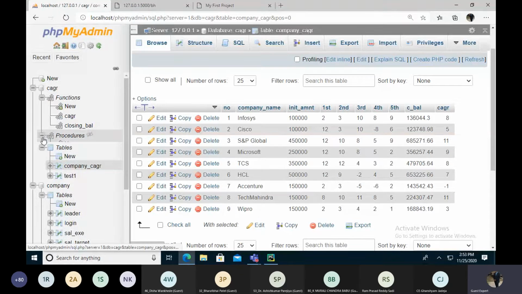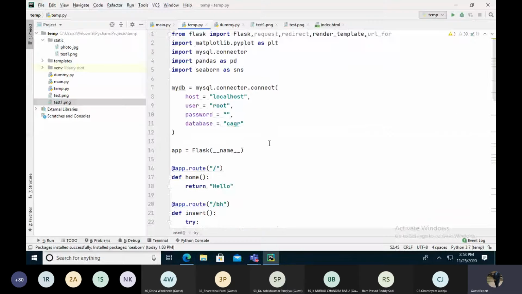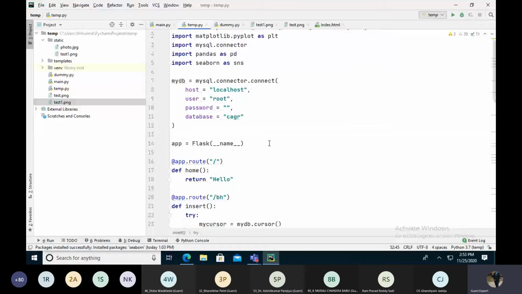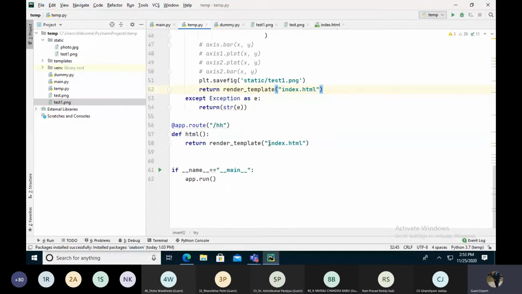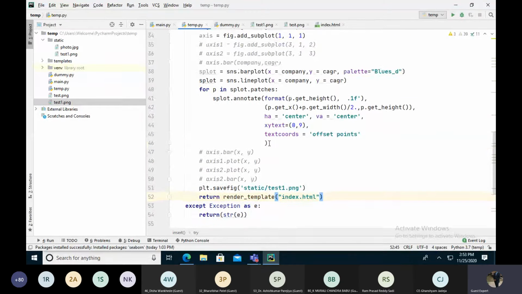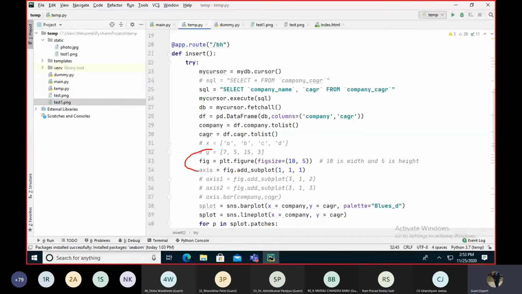Another thing about the question you recently asked, about what will happen if everyone uses this login and generates multiple files. See here, let me highlight it. We have created a variable called fig for the figure.